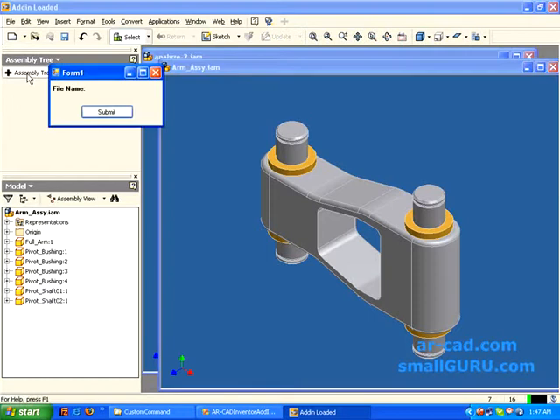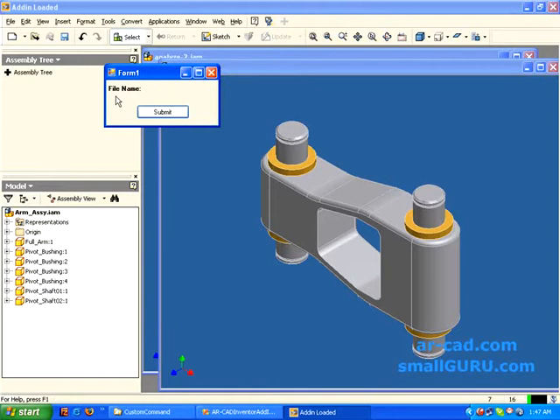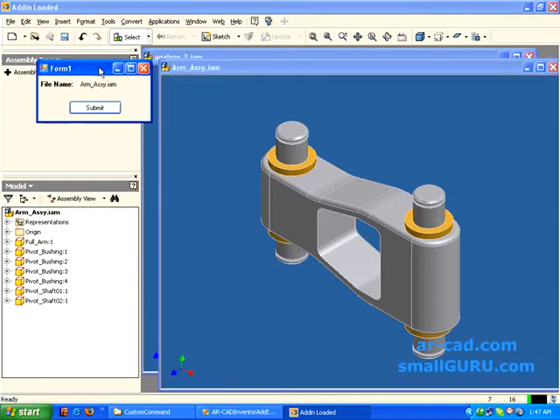When I click on it, I get a form, or you can say command dialog. It's got nothing here, there is no file name. When I click on submit, it gets the file name of the open document, the active document at this moment.